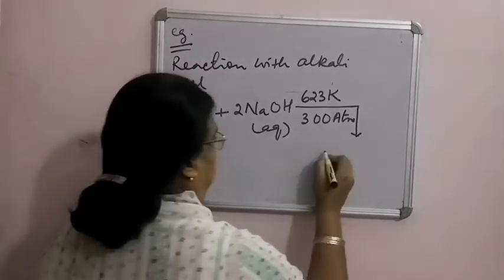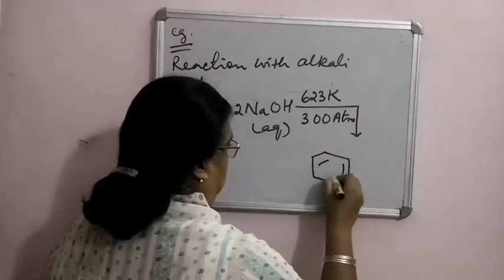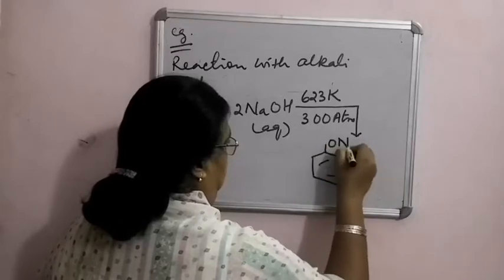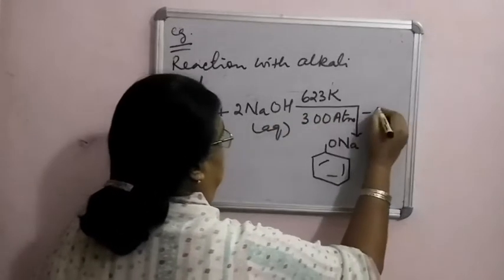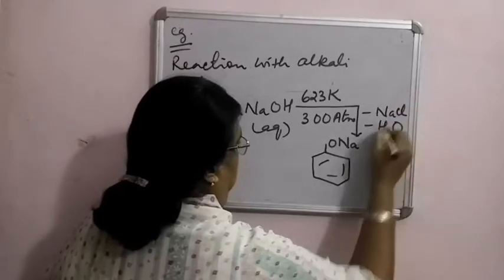Then we obtain sodium phenoxide. One NaCl is out, one H2O is out, and we get